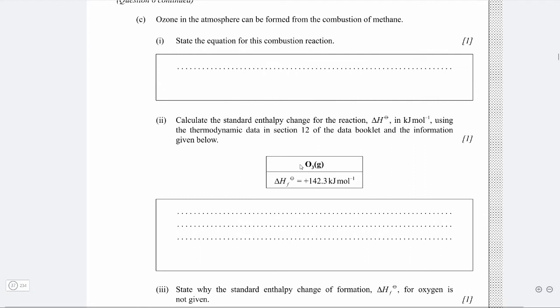Okay. Next one, ozone in the atmosphere can be formed from the combustion of methane. State the equation for this combustion reaction. So methane is CH4, and then you combust it. Then you get methane plus water plus CO2. And then you have to balance this, and there's actually quite a lot of ways to balance